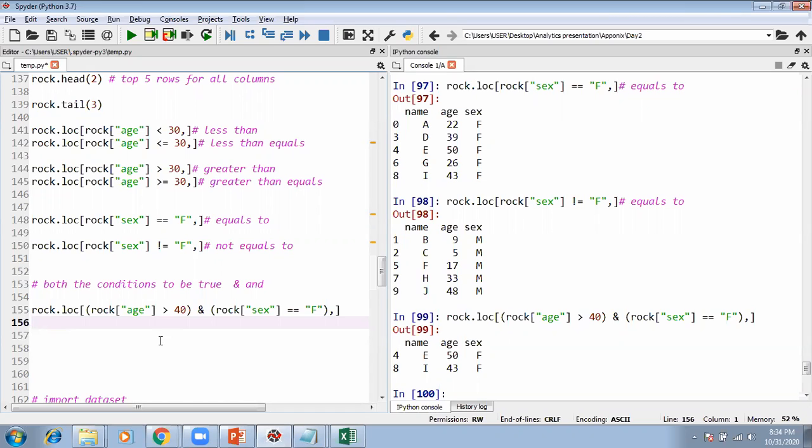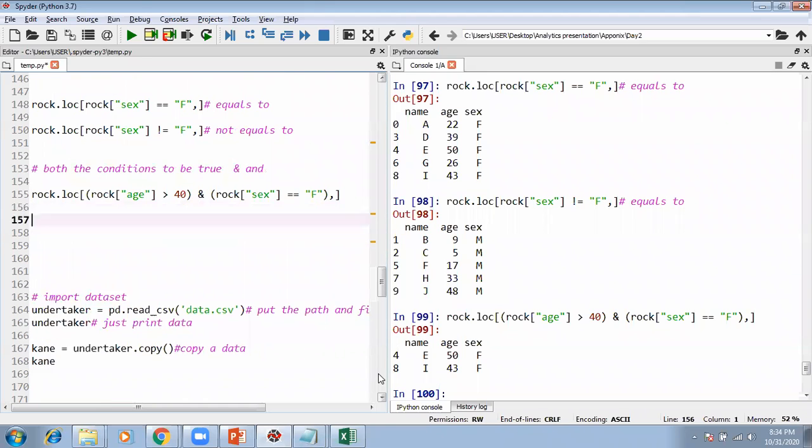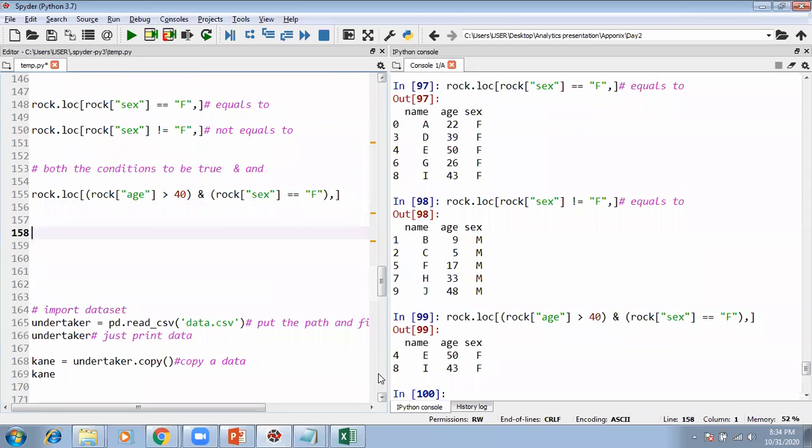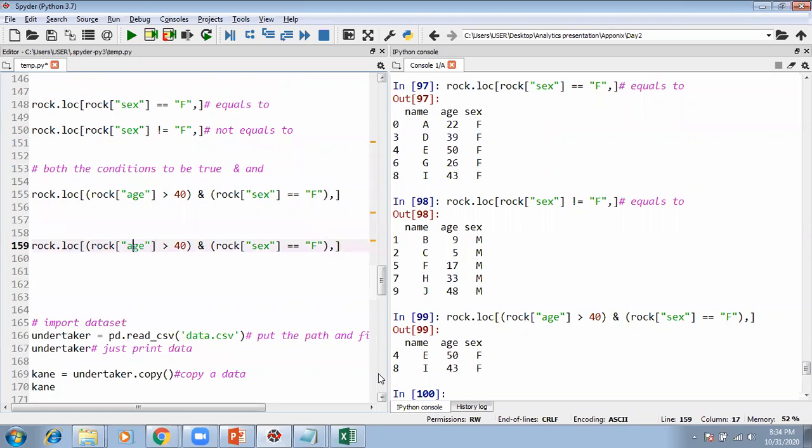So you can add as many conditions as you wish, like this. Similarly, there could be an OR condition. Maybe I want either that their name is A or B. If their name is A, still you show me. If their name is B, still you show me. OR function. So how to do that? Exactly the same way. You write it, they should be written in the bracket, and instead of ampersand, this pipe sign should be given. This is OR.